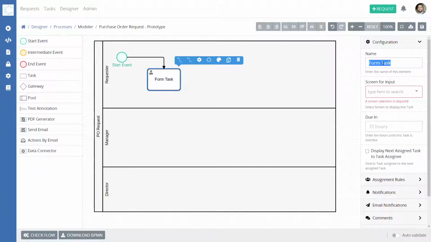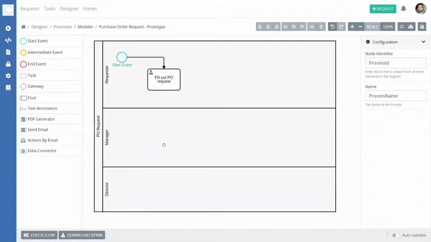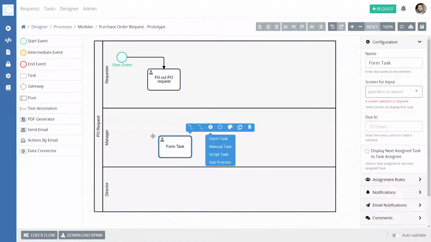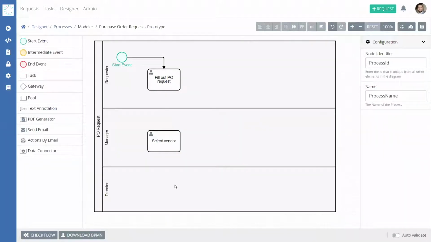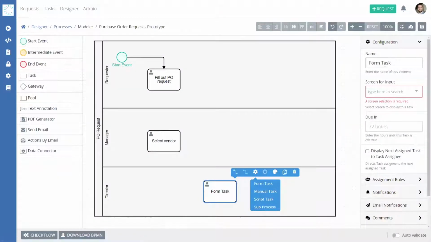So the first task that we can consider for this process could be related to filling out the purchase order request. There we go. Then we can have a task that's going to be assigned to the manager. Maybe this is going to be related to selecting the vendor. There we go. We can also include a third task for the director, who's going to be